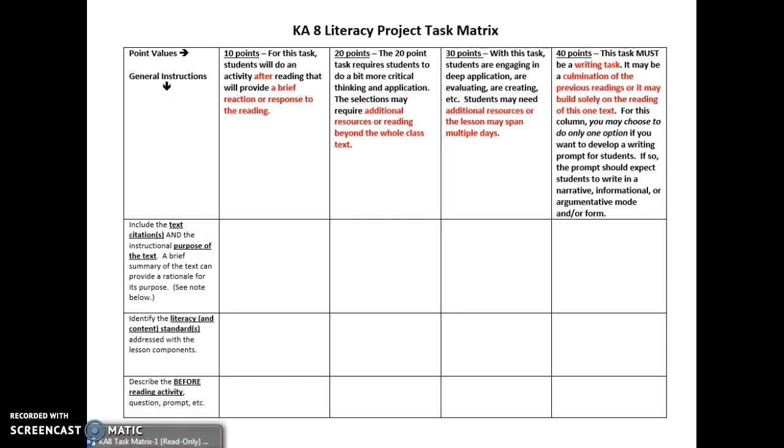I think the key here is we're not so much caught up in where you're sticking each reading piece as the activities, the strategies of the task that you use to follow up in the before, during, and after reading sequence for the students, okay? But this first row is where you would describe the text itself and give us a brief description of purpose